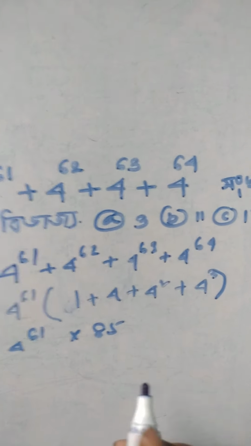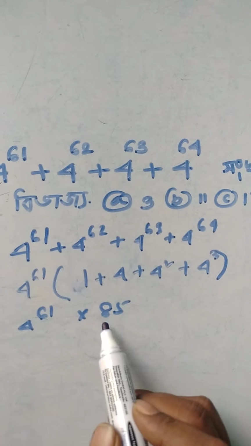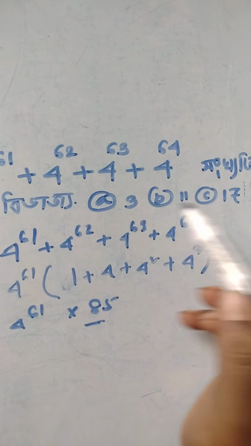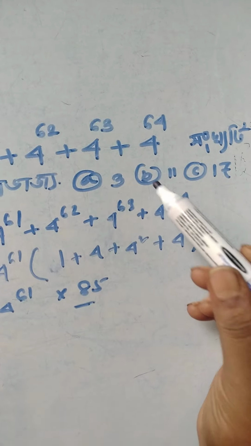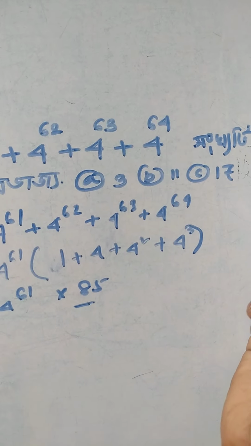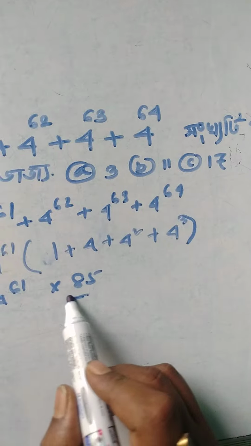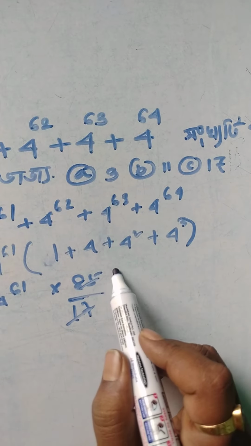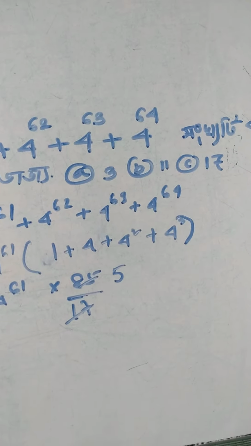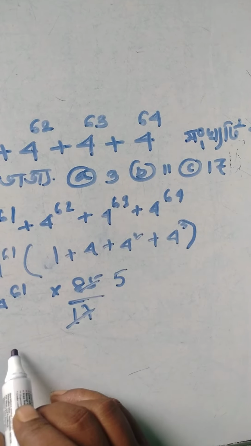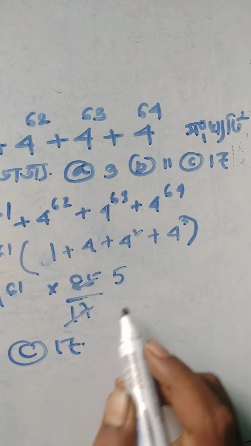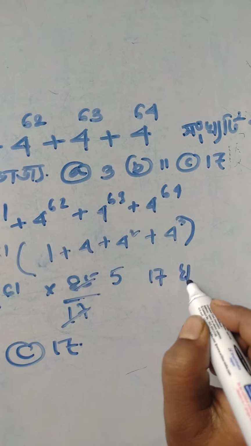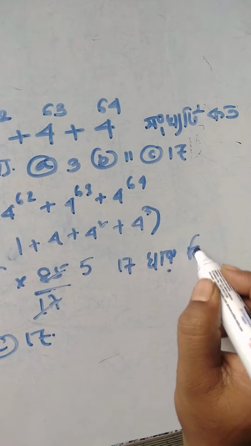যেহেতু 85, 3 দ্বারা বিভাজ্য নয়, 11 দ্বারা বিভাজ্য নয়, only for 17 দ্বারা বিভাজ্য, 17. So it is divisible by 17. The answer is 17. 17 দ্বারা বিভাজ্য।